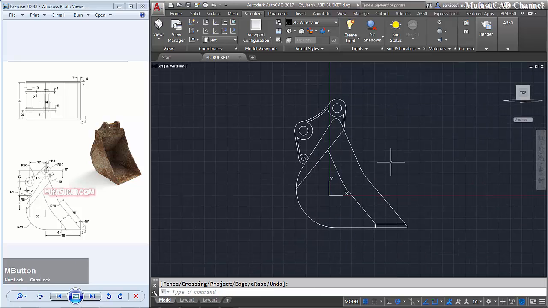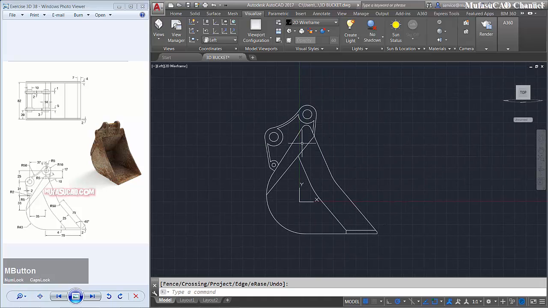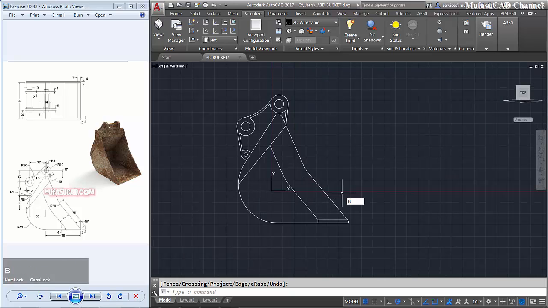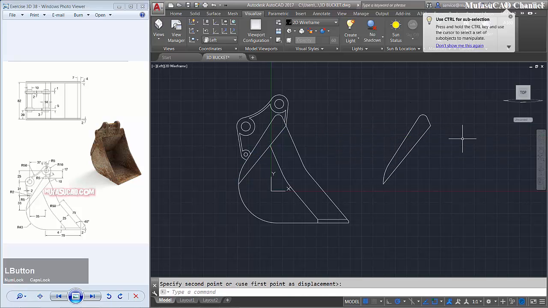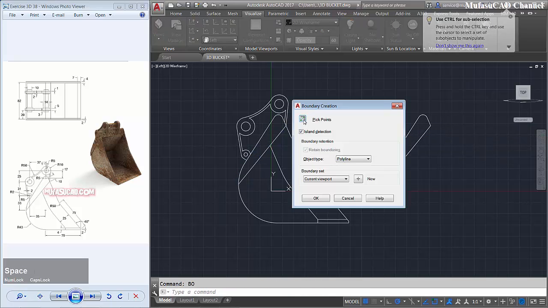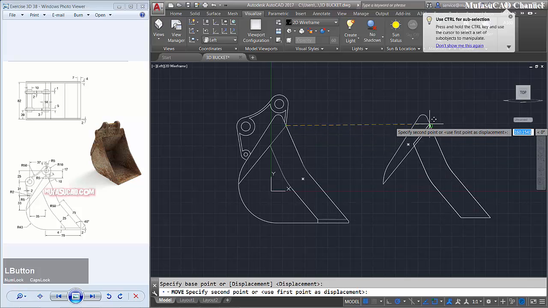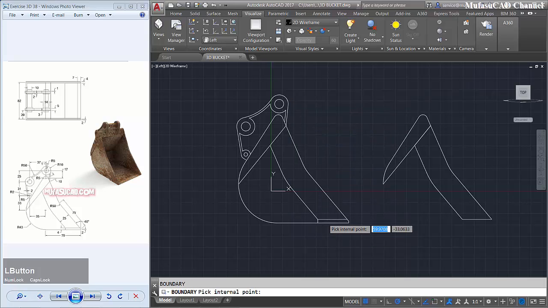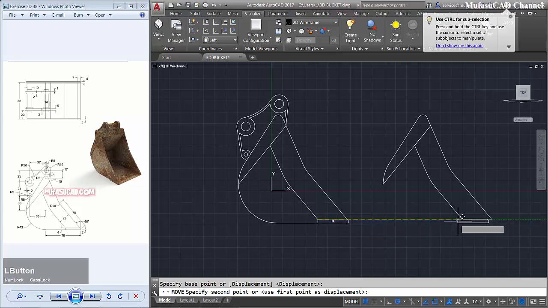We already created this 2D sketch object, and before we convert this model into a 3D model, I will use the boundary command to boundary this area. Move the last object to this point, and we boundary again this area. Move the last object, start from this point to this point. Okay, we boundary this area. Move the last object, start from this point to this point.